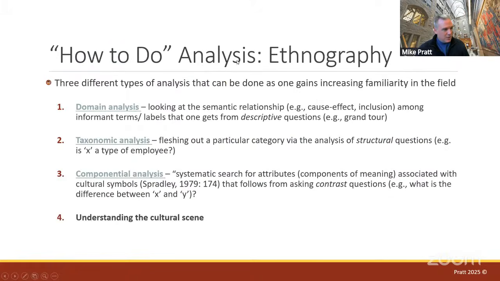They talk about it in terms of understanding the cultural scene. Maybe because it's 1970, cultural scene seemed to be groovy at the time, so that's how they refer to it. I'm going to start taking my componential analysis to try to build out some kind of sketch of the cultural scene.